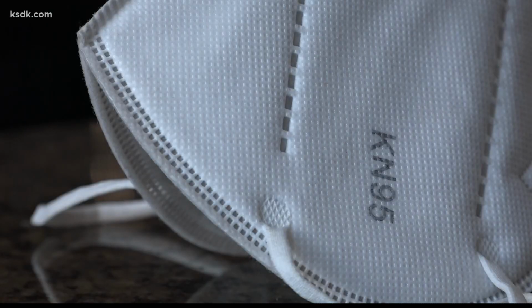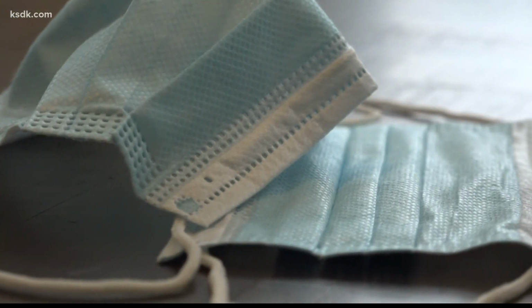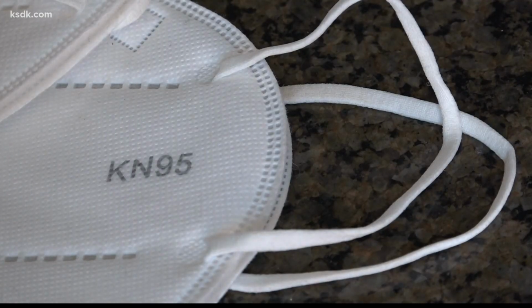What if you can't find certain face coverings? All you have access to is a cloth mask, then double up the cloth mask. Adding more layers reduces the number of respiratory droplets coming through. But none of these masks matter if you don't wear them correctly. It has to fit well, otherwise I don't care what kind of mask you wear, it's just not going to work very well. It needs to be around the face, it needs to be touching, you shouldn't have any gapping